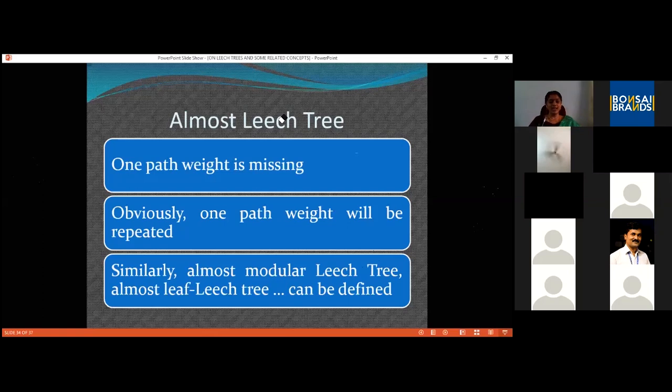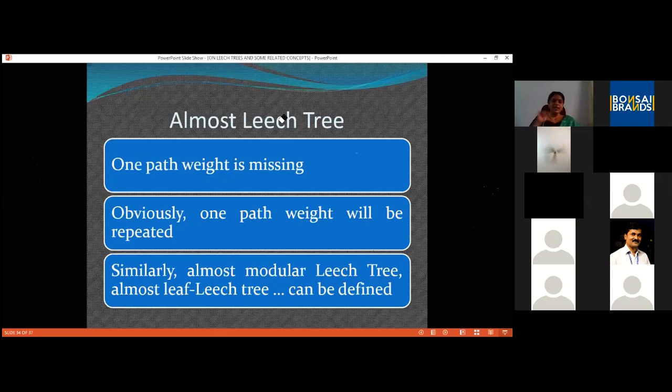Obviously another pathway will be repeated, because we have the restriction that the pathways are from 1 to NC2 itself. So one pathway is missing and one pathway is repeated, and all other pathways from 1 to NC2 are present exactly once.